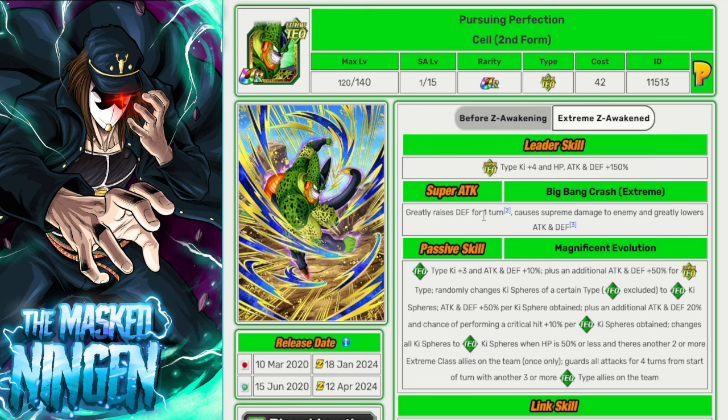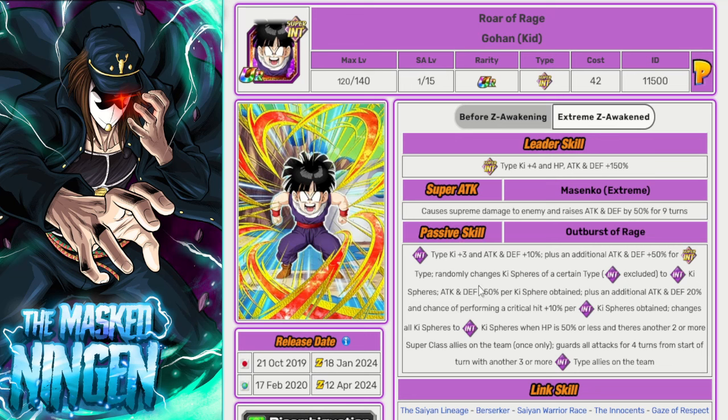So Cell's one definitely pretty good. Then we have the Int Gohan. So he has one of the best super attack effects. His is supreme damage to the enemy, raise attack and defense by 50% for 9 turns. So this can get multiple stacks, and the stacks last for 9 turns. So you have this guy on turn 1, even on like turn 7, all of these stacks will still be